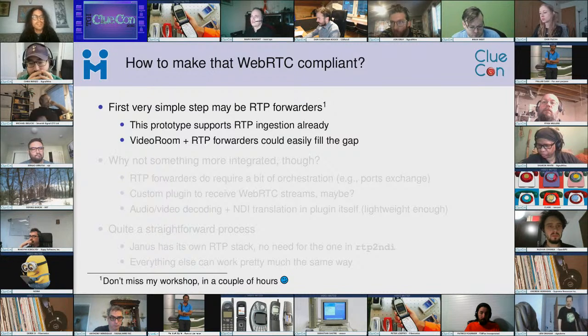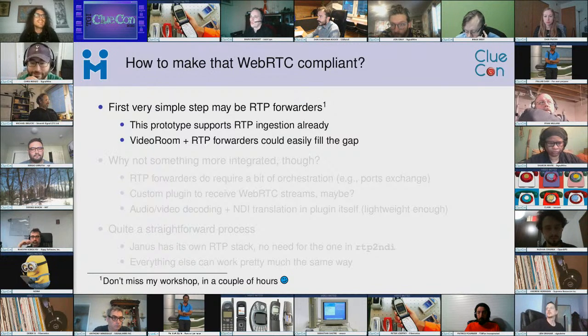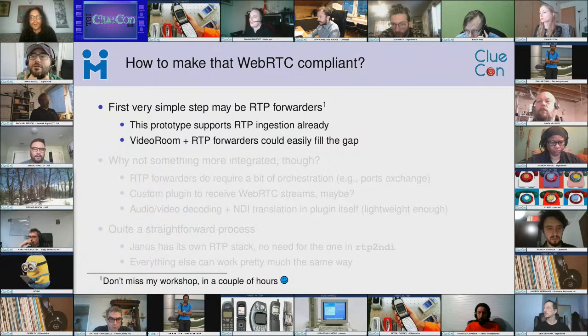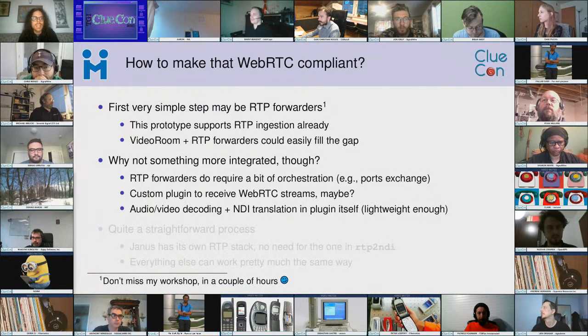In this case, using, for instance, VideoRoom plus RTP forwarders plus this tool would have brought me closer to the target, but it was not really what I wanted to do. I wanted something a bit more integrated, mostly because I didn't want to focus too much on the integration here. And besides, the decoding and NDI translation are lightweight enough that they can be done in Janus itself without weighing too much on the operations that Janus needs to do,